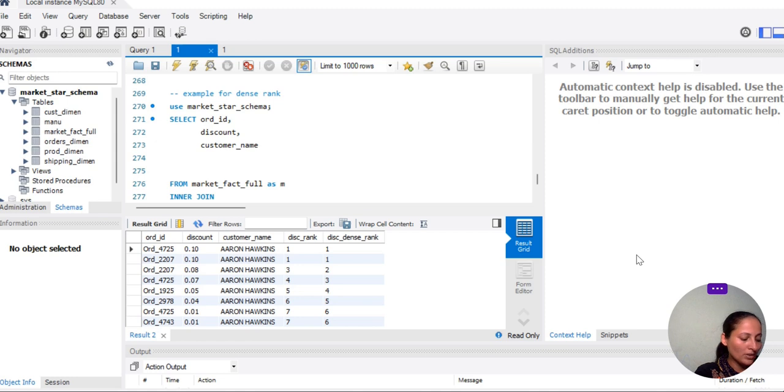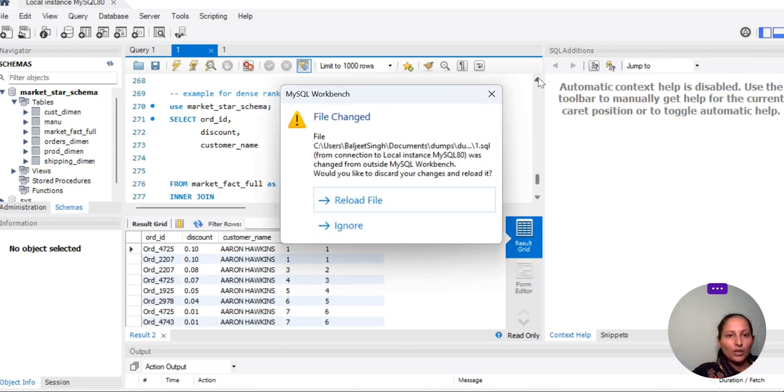So you need to see what is the application of dense rank and what is the application of rank, and what is the difference between these two. So we are taking the previous example. We are using the market star schema and we will see the discount. So for each order,